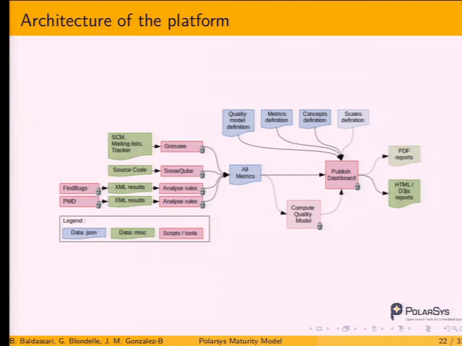The point with the dashboard is that we want it to be absolutely self-documented. So if you need any information, you just have to click on the link and you get the description of the metric, and the description of the rules or the practice, why it is important to follow the practice, and so on. Another thing is that we generate the dashboard from the Git repository. So each time we change, say, a metric, a value for a project or whatever, we run the dashboard and everything is up to date.